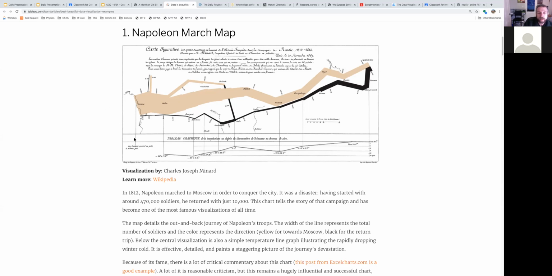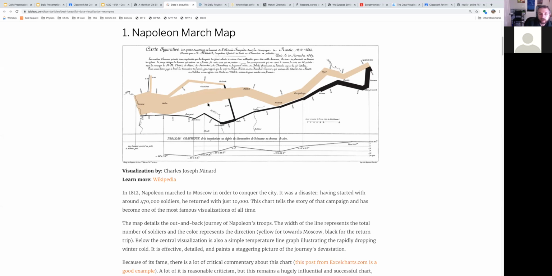And on this one, what this says is a graphical table of the temperature in degrees from 0. So the Reaumur thermometer is a Celsius thermometer, was a Celsius thermometer. So what it's showing is how ridiculously cold it got during Napoleon's march on Russia. And